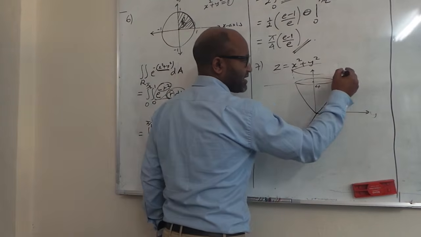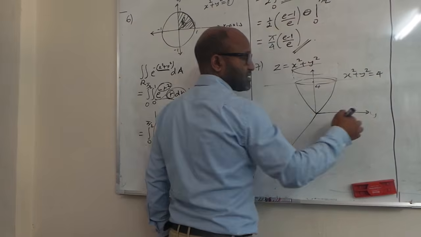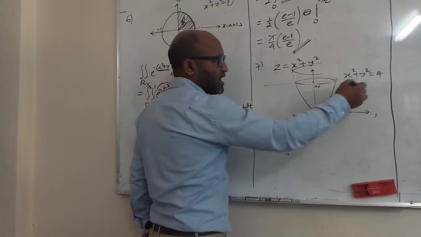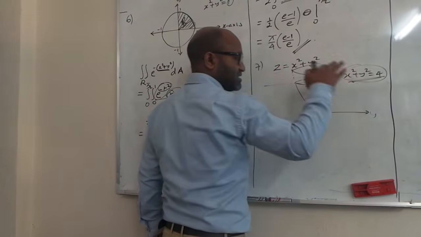So this is a circle x square plus y square is equal to 4. So when we take the image of the surface on the xy plane, we will have a circle of radius 2 units. This is the region where the